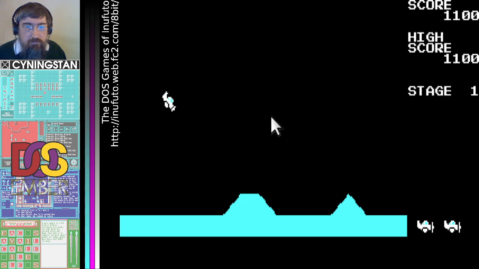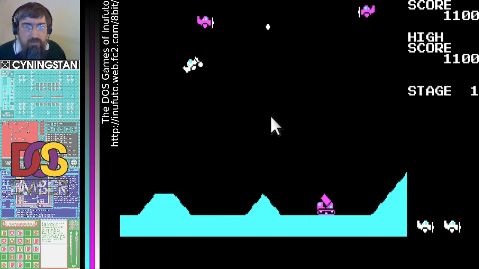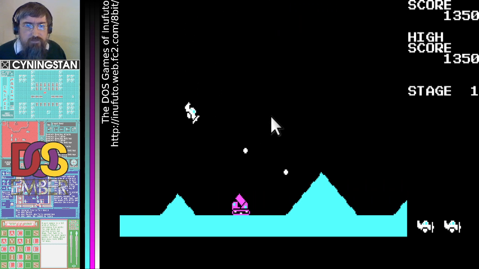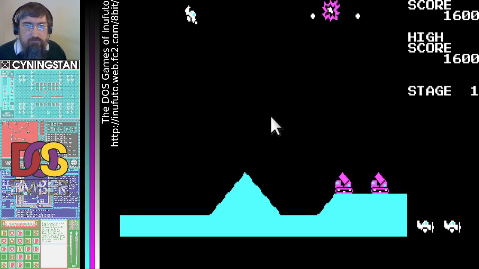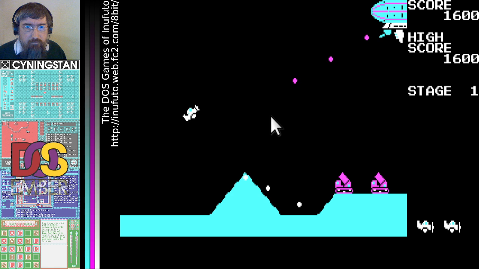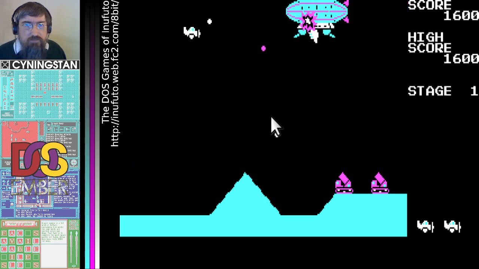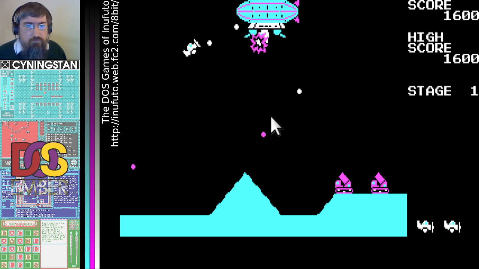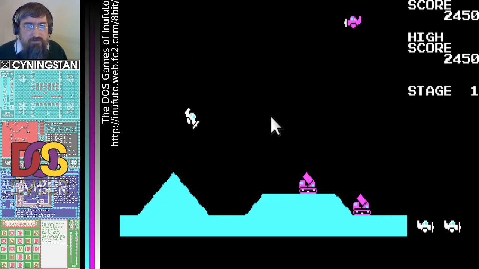I think last time I test played this, I figured out I can just hold... No, I can't just hold space. It doesn't fire as quickly as it should do. Oh, it's a boss level. I think this one I tend to just... Yeah, my key repeat isn't very good. Oh. But luckily, the collision detection isn't very good either, so that gives me a chance.